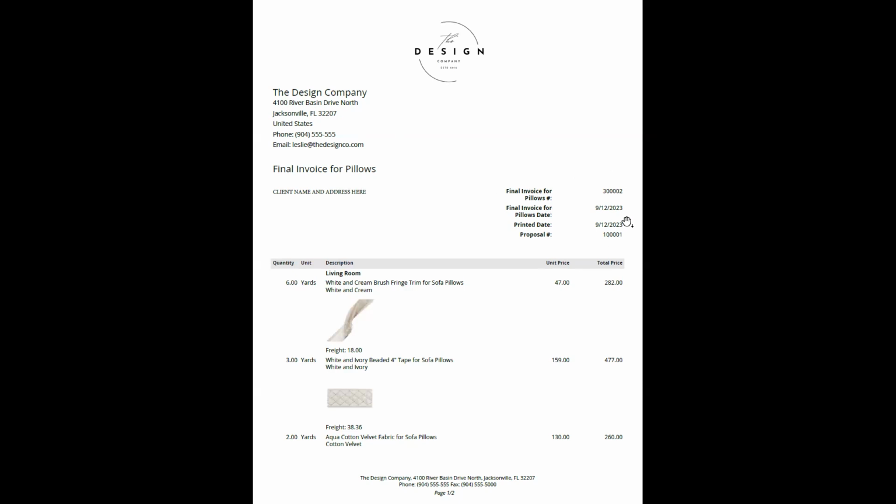It's got some of the information here that's required or internal for the design company. And then you can see the information about each product involved in the pillow is put here as well. You can see that the freight here has also been included and shown. You can see quantity, unit, and then that beautiful description of each product, not the ordering information, because this goes to the client. We don't want the client to know that stuff, but just the description and the image, the price, and the total.